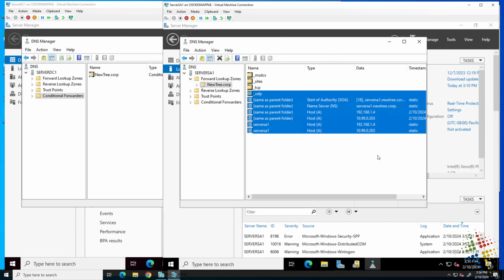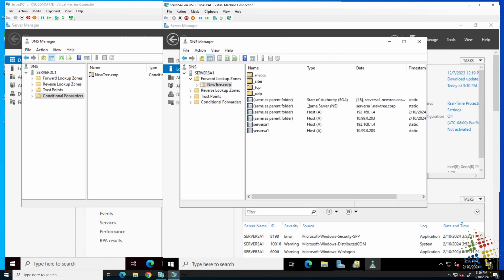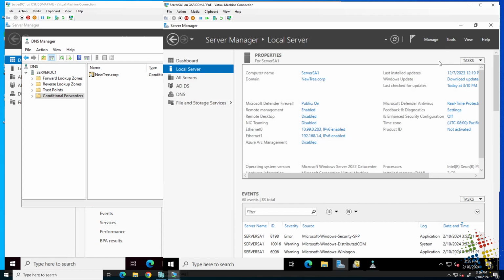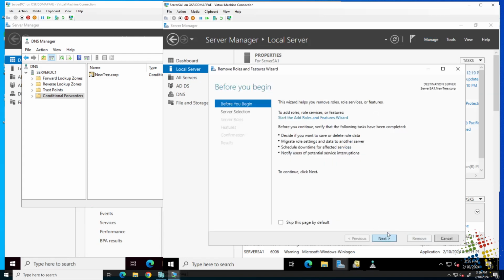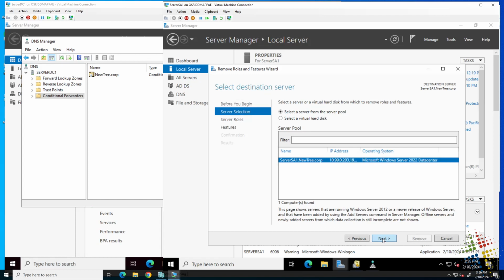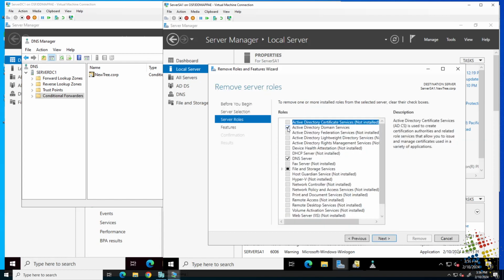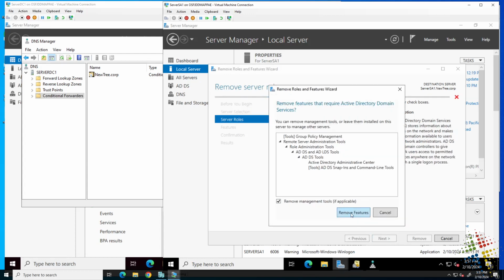We had previously set this up as a new domain called new tree. And the first thing we want to do is remove the existing domain on here. So I'm going to do it slightly different this time. We're going to come up here to manage, remove roles and features. Next, and server SA1. Yep. And what we're going to do is remove the Active Directory Domain Services role, remove features,